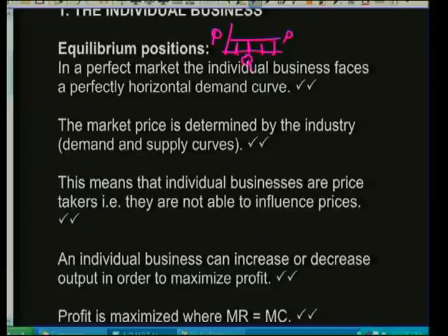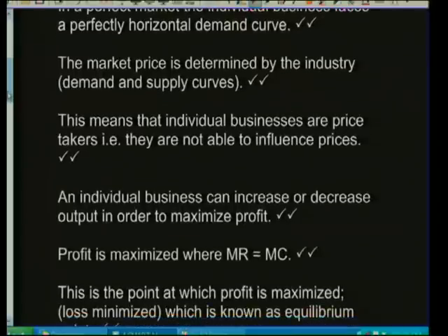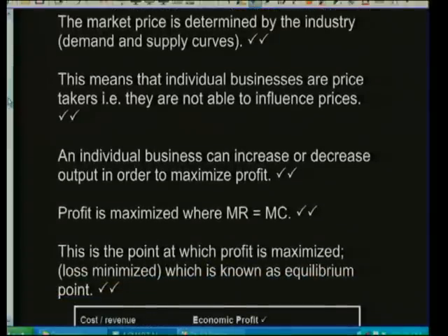In other words, what happened in the industry? In the industry, prices were determined by the interaction of demand and supply, and you are limited by the prices that are determined in the market. Again, quantity at the bottom, price on the side. You will see that some of the facts are actually repeated. It is just that when they set the memo, they actually use different textbooks and maybe a little bit of a different approach. And this memo is there to actually make sure that all the textbooks are covered.